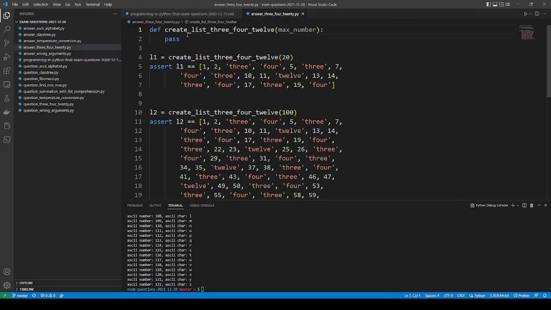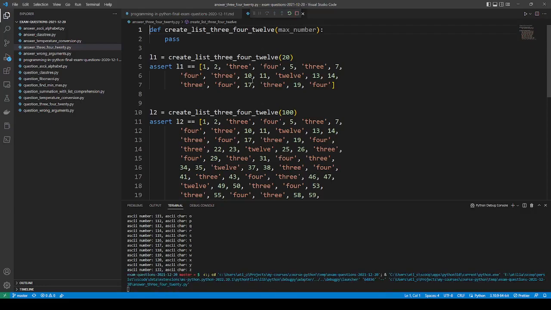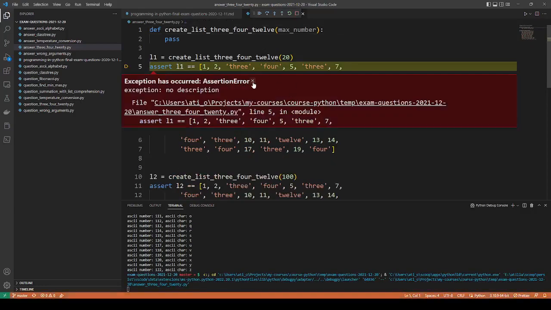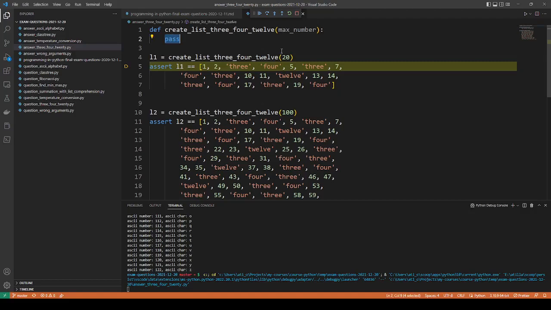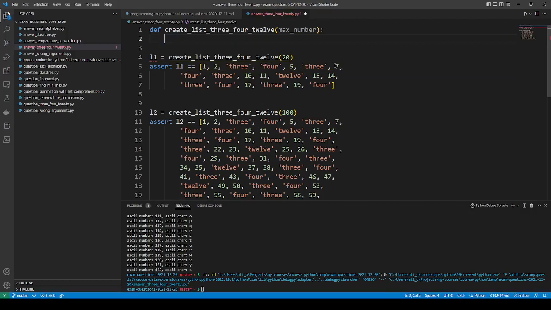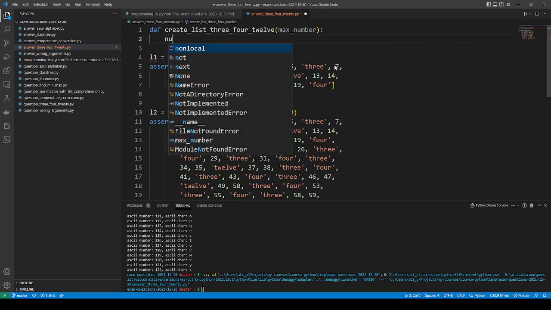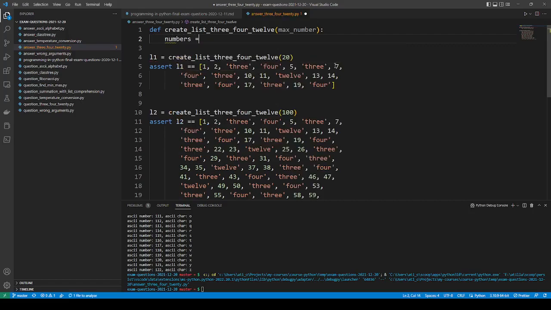Okay, it says I need to create a list here, and this list, for example, should create this. Okay, and this is similar to the 3, 5, 15 problem, but instead of writing a printout, I am asking you to create a list. For example, these numbers, let's say, and I need to put it here, but I need to create according to this maximum number, then